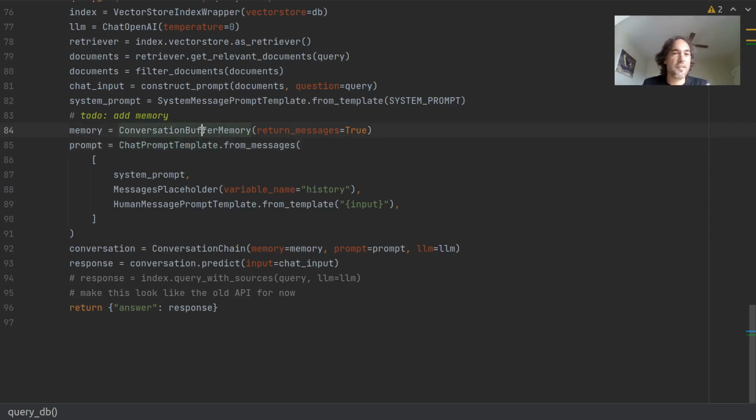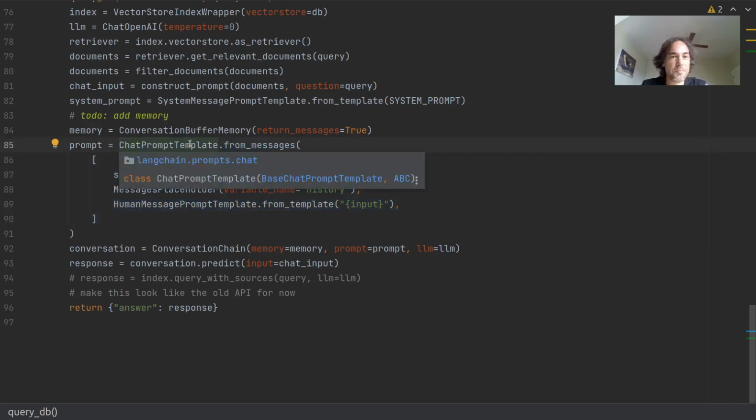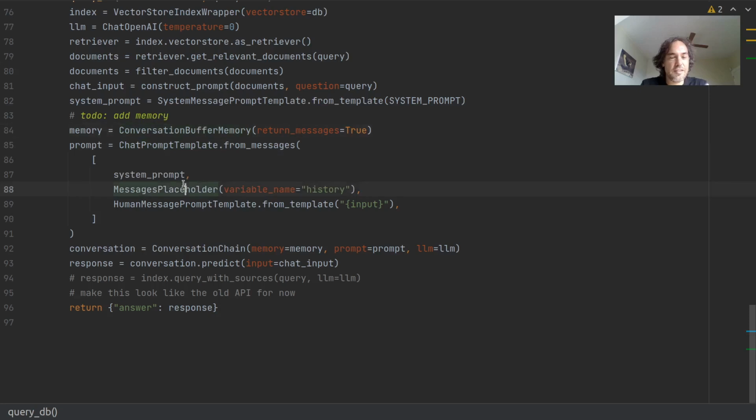We'll see how well that works with all this other junk stuck in here. And then this is, I forget where I got this, just how you initialize a chat prompt template. And then you create a conversation chain and you ask it to predict based on the input that you created, which was this big prompt.